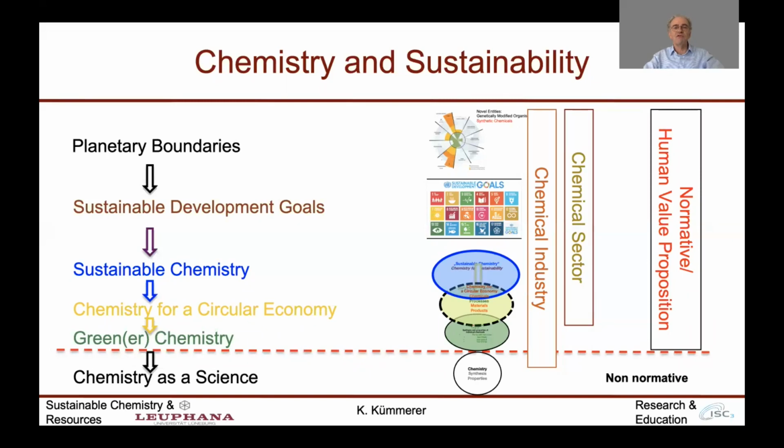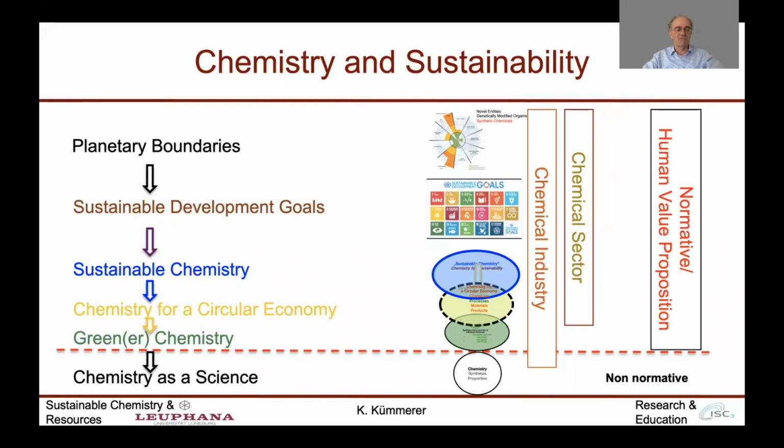Here a brief overview, the content of the lecture. We will start with chemistry as a science, which is a non-normative approach. That means it's independent of human value propositions, and which in turn means molecules do what they do. We can only change the conditions, temperature, pressure, concentrations, etc., to get more or less the products we want of